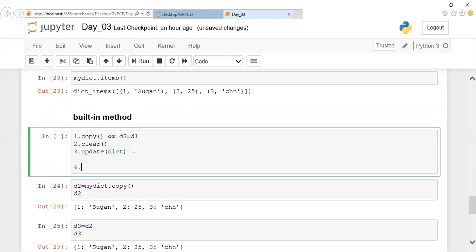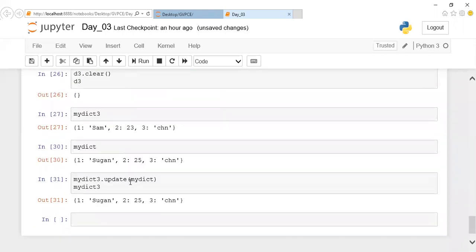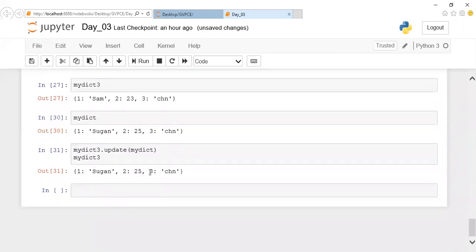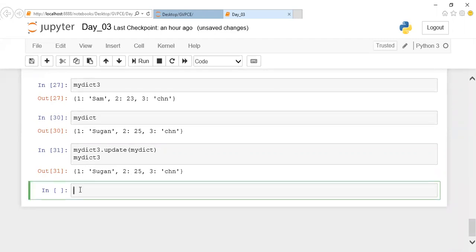And next is the pop method. In case of pop, we know it means removal of data, right? So pop accepts two parameters, one is key and the other is value. Among these, value is the optional one. Value is not a mandatory one. Values are optional, but key is a mandatory one. Let us assume this is your dictionary, my DACT. I want to remove this particular second data.